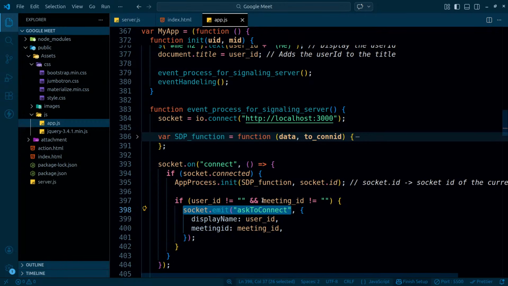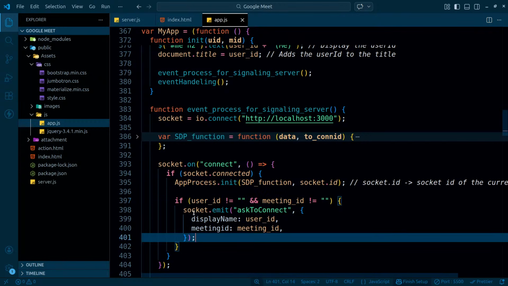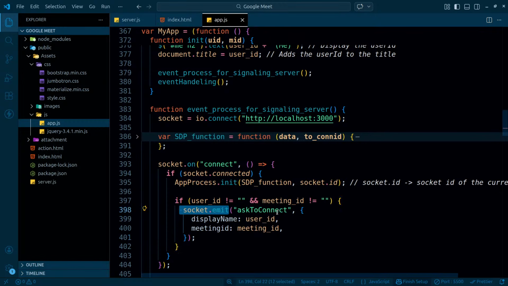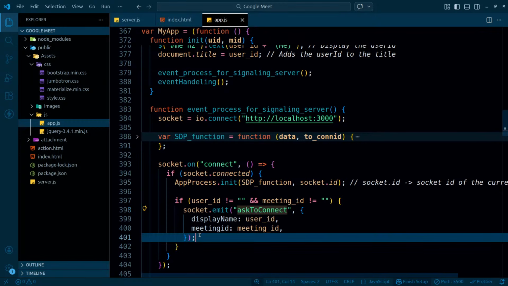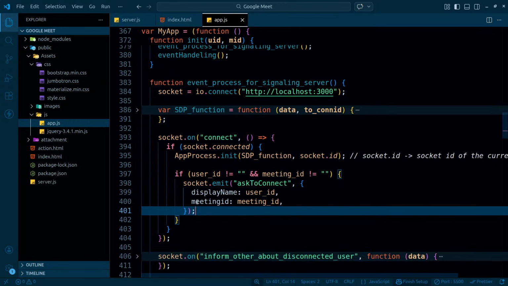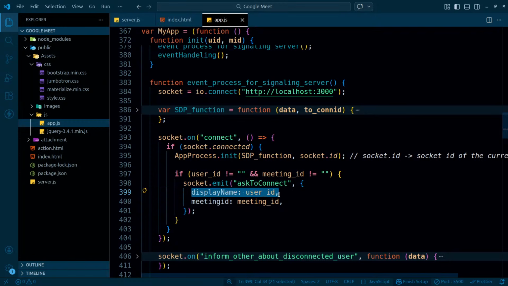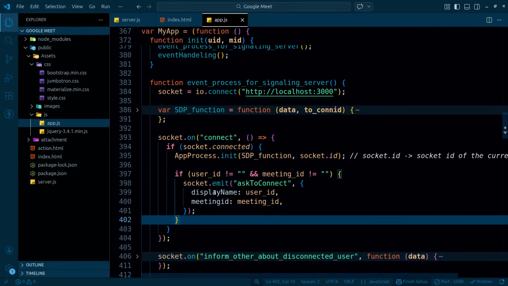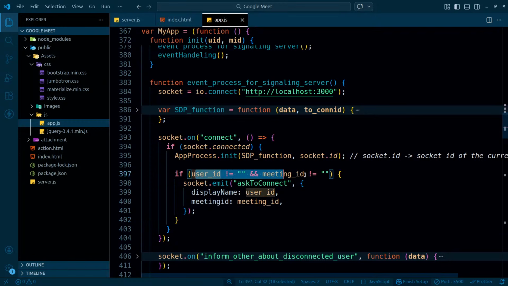So if I'm not providing any meeting ID, and if I'm not providing any user ID, in that case I will be emitting ask to connect to the server, and the display name is gonna be user ID, meeting ID. Okay, it is only happening when I do have my user ID, if it's not equal to empty. So if I have my user ID and if I have my meeting ID, in that case